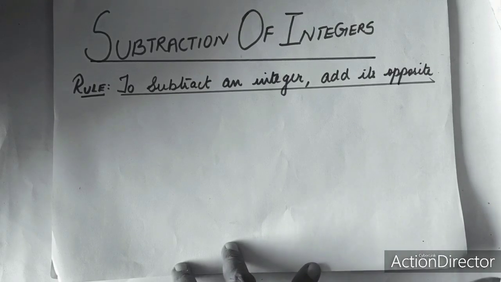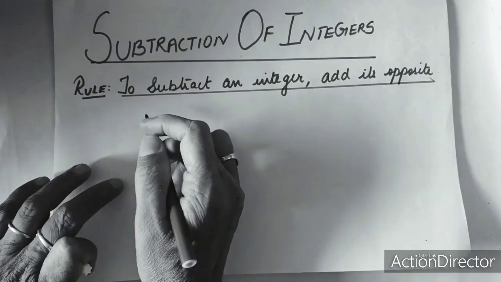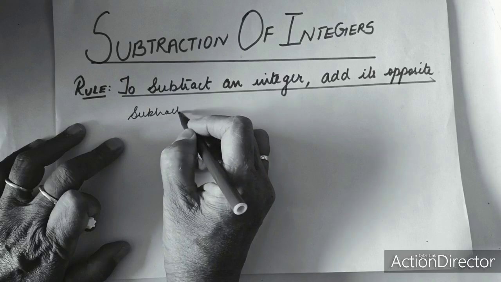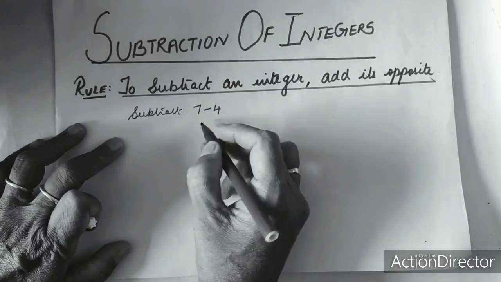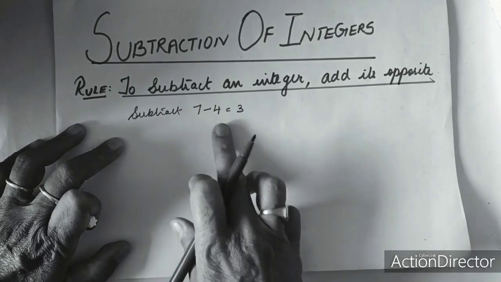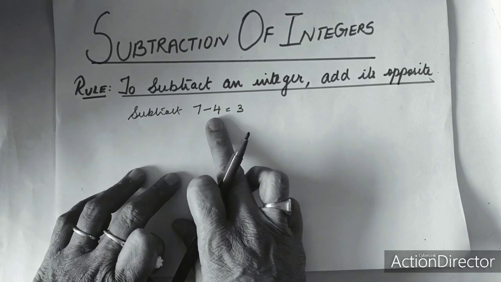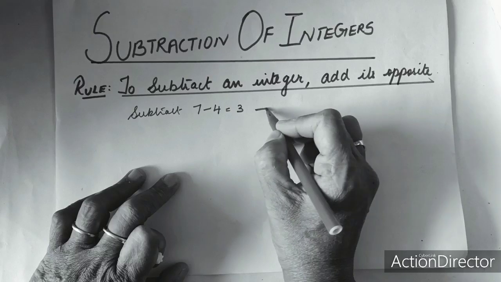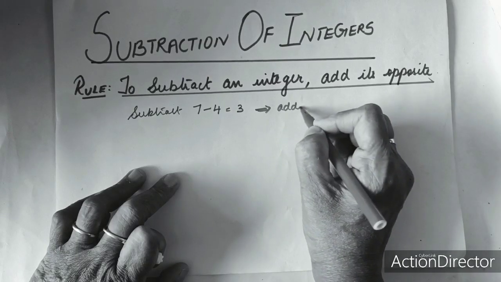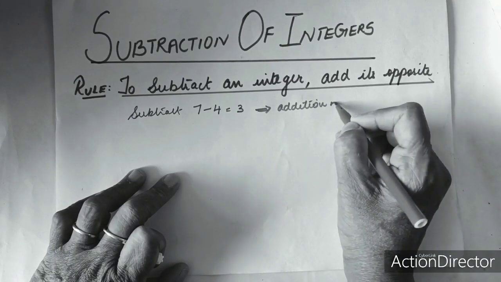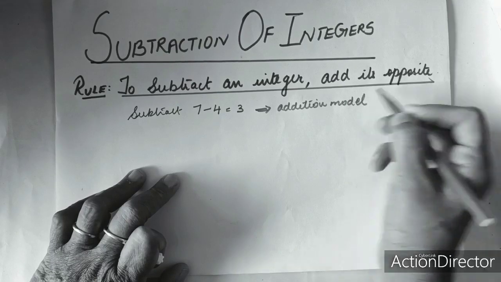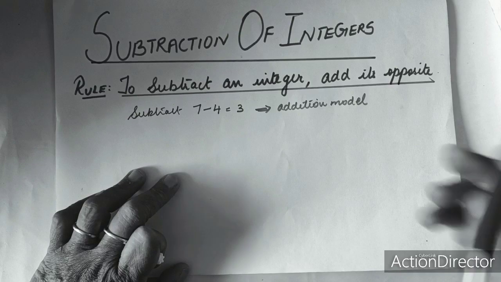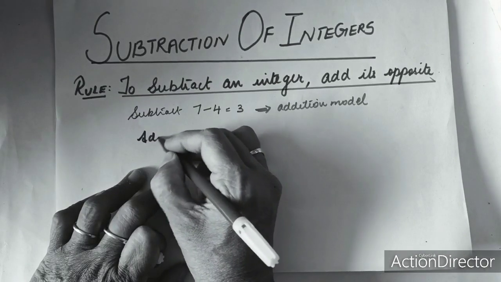Now in your lower classes, you have learned to subtract the whole numbers. Subtract 7 minus 4, where you got the answer as 3. Now, this can also be written as addition model. So, I am going to write it in the form of addition model. That is, I am going to add its opposite. So, you will get the addition model as